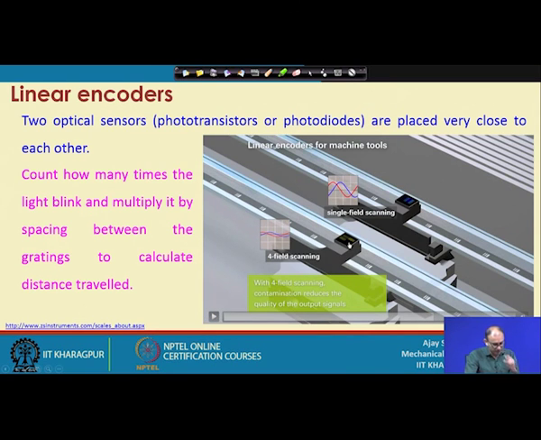So, here also you have to find which way it is moving, correct. In the earlier case we were using the rotary encoder with A and B slits. So, depending on the A and B slits it was giving the result. So, here also we are using a similar way, but it is side by side, in the linear scale. So, again, whether it is moving right to left or left to right, you can find the direction of the motion as well as how much it is moving in the different directions.